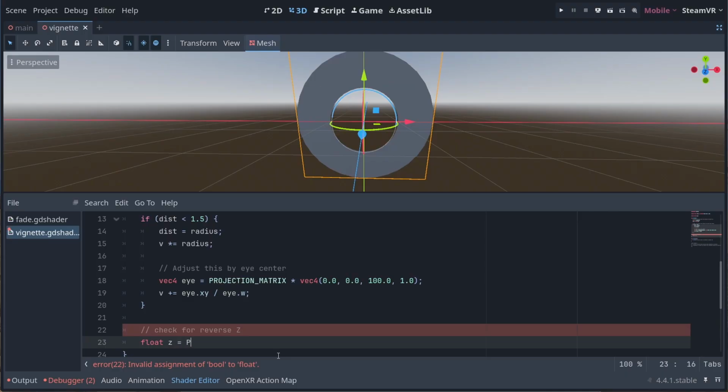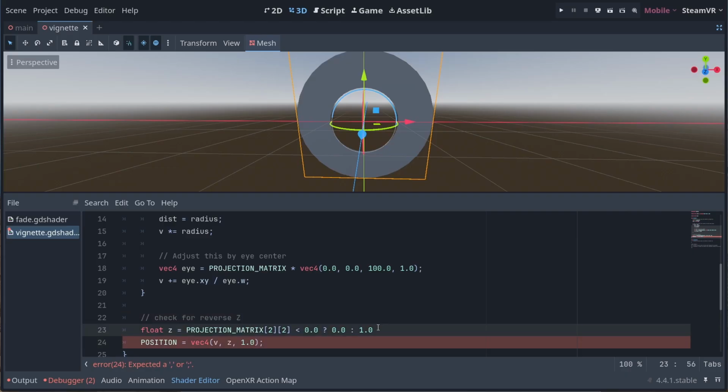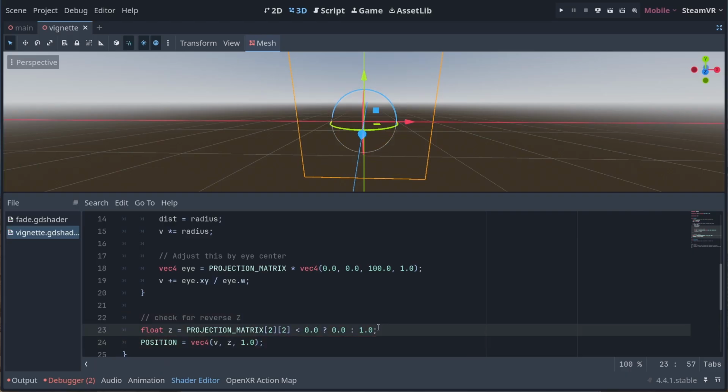We're going to output a projected value, and for that we need to know our z output. This bit of code will give us the correct near-plane value based on whether we're using reverse z. And we calculate our projection output by taking our vertex, z value, and 1 for our w component.